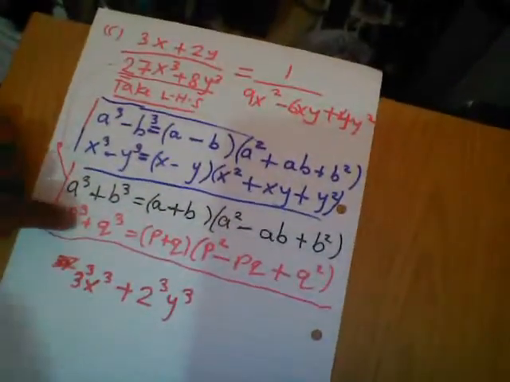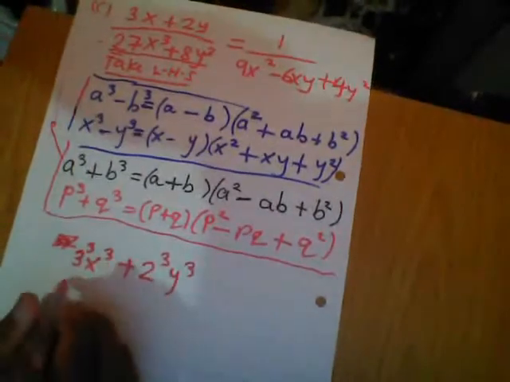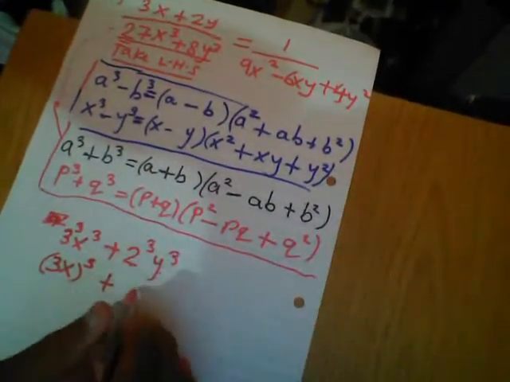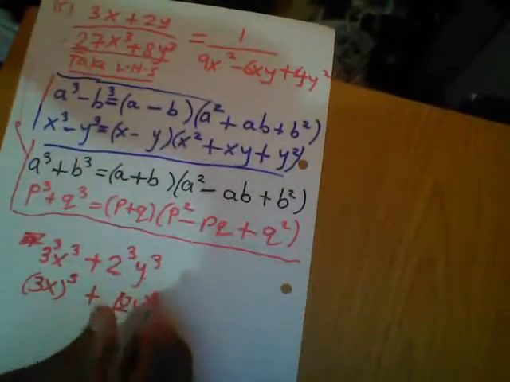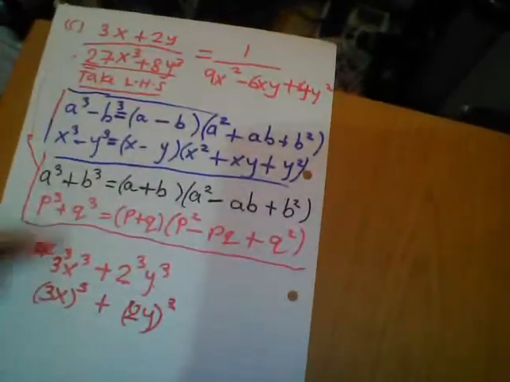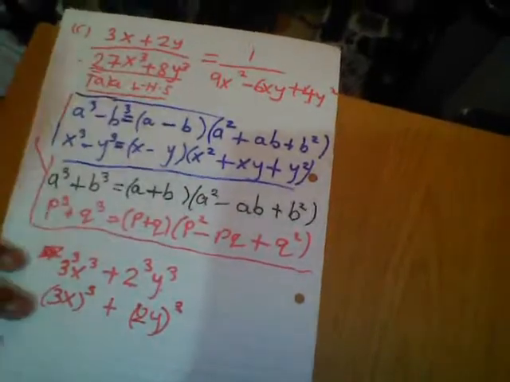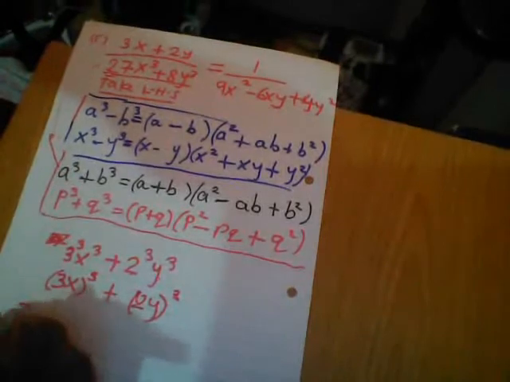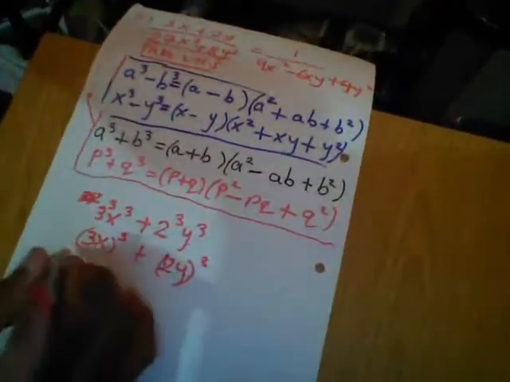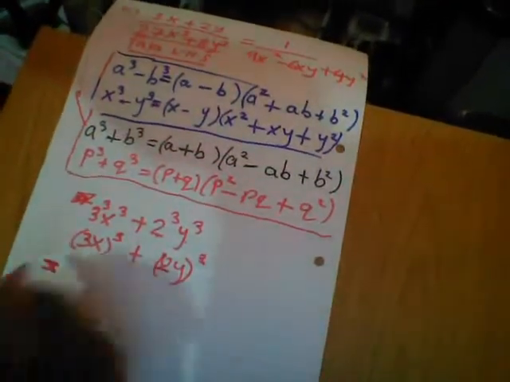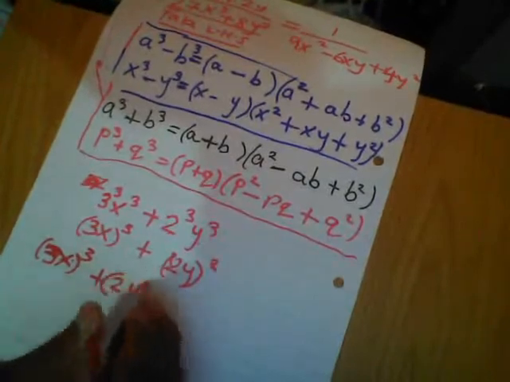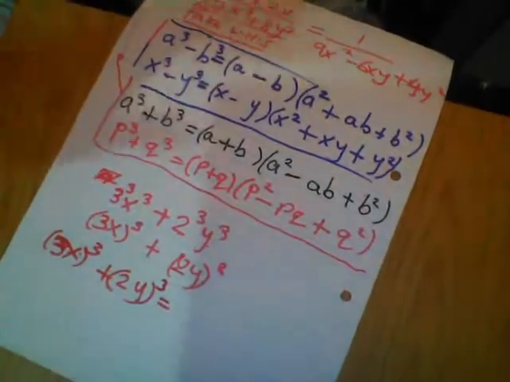Let me put this in this form. So what that means, I have to put this cube out. So it's going to be 3x cube plus 2y together, so it's going to be equal to cube. So you see, it's already in this format. But we know how to break this one as a sum of cubes. So for that case, this is equal to 3x